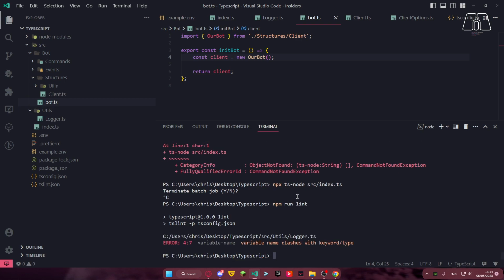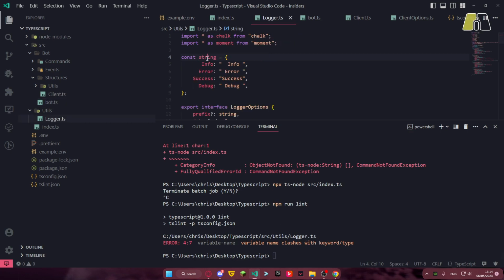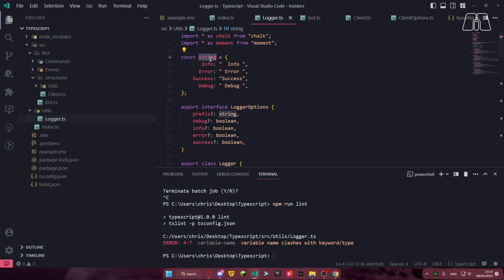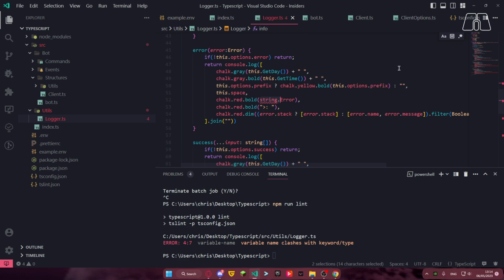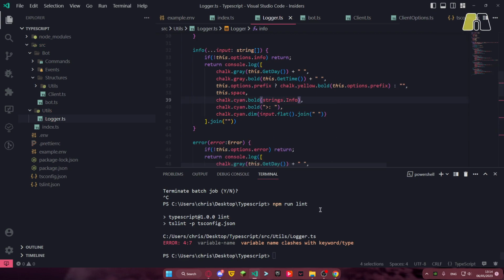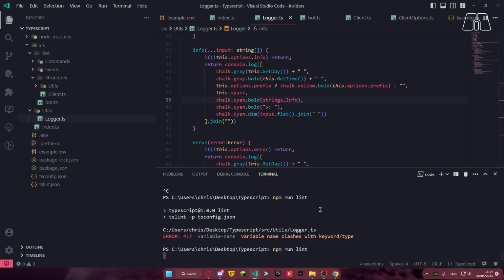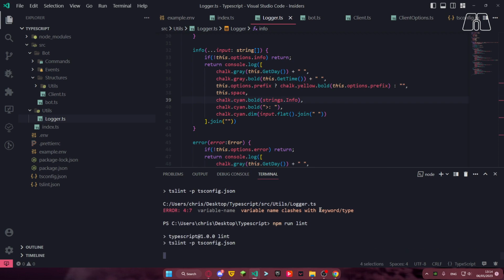If there are any errors, variable name clashes with keyword type. Oh, we are not allowed to name it string. It should be strings, because string is the type string, and therefore we now destroyed TypeScript, I guess. That's why you need lint, to prevent such errors. Now if we run start,